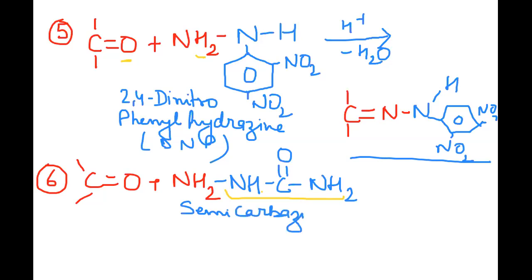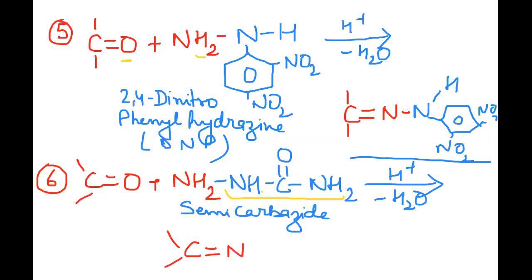Semicarbazide. If you look at it, the urea part has just been added to the NH2 group. And when this reacts, again with H plus and minus H2O, the compound you get is going to have a C double bond N,